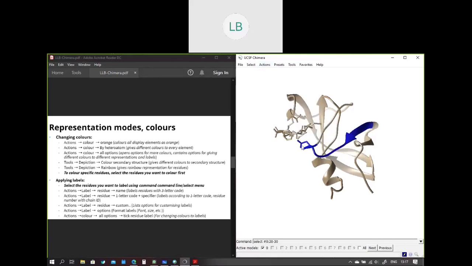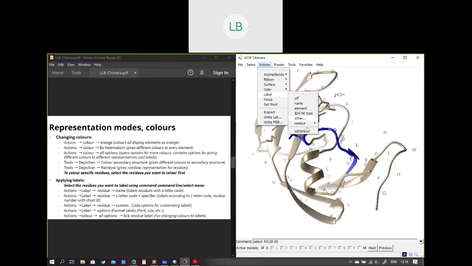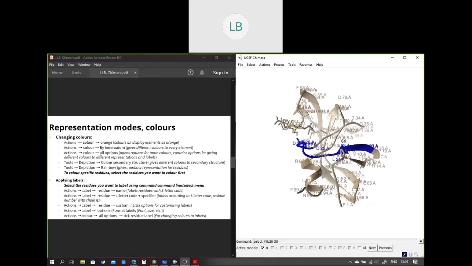And there are also other options, let's say residue, one letter code plus specifier. In this case, it will show the one letter code plus the residue number. And the dot A here means it's the chain A. This is useful if there are multiple chains. So we can label the residues as well.